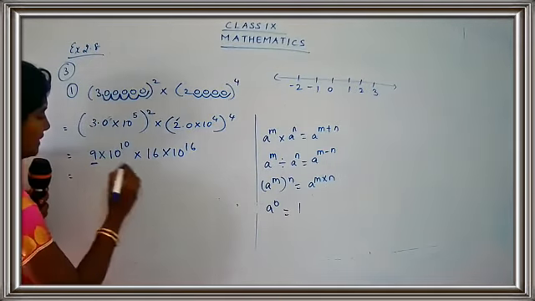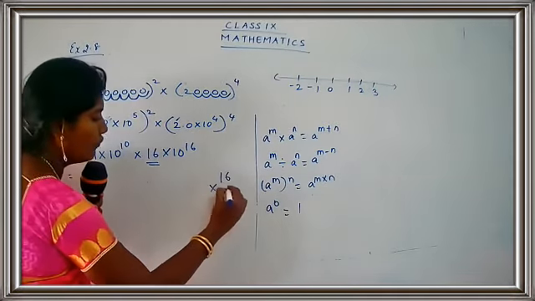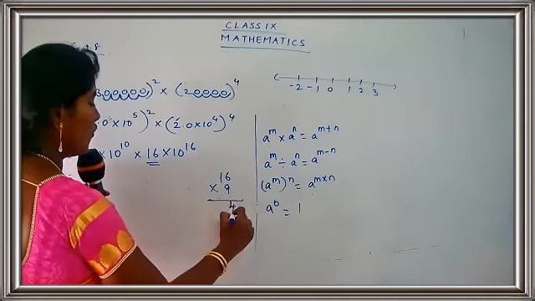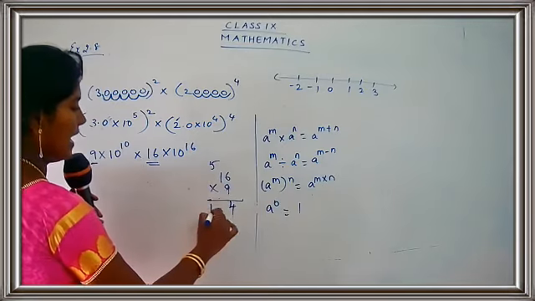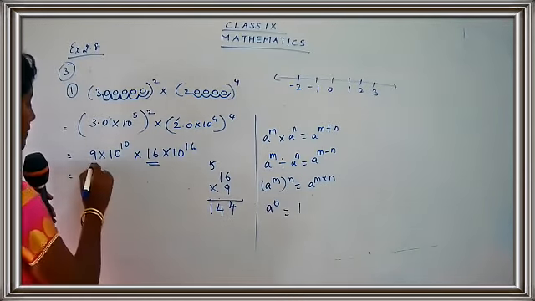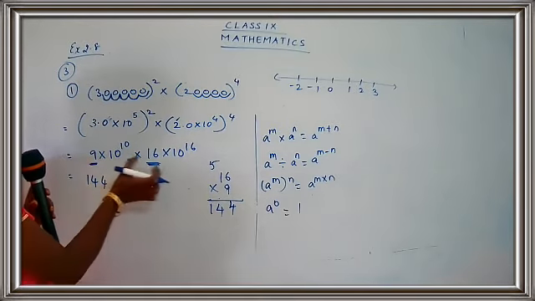Now, I'm just going to multiply these two numbers. Just see here, children. 9 into 16. Let me multiply. Come on, go for the multiplication. Multiply 16 and 9. You have to be quick. 16 into 9. So 9 6s are 54. 9 1s are 9 plus 5, 14. So you get the answer 144. So when I multiply 9 and 16, I get the answer 144. Just the number part I have multiplied.